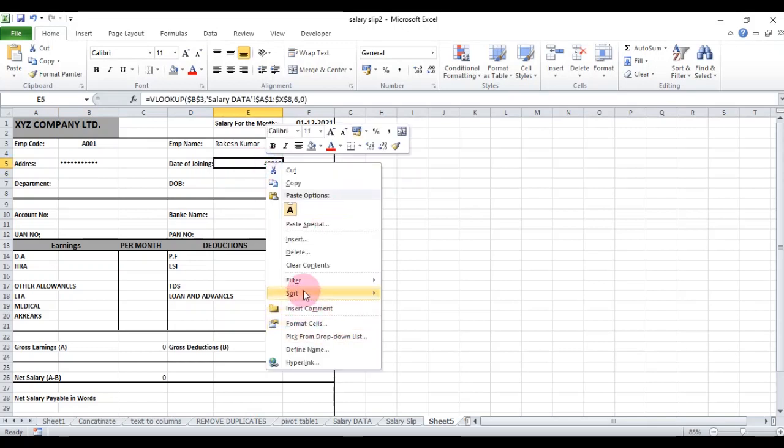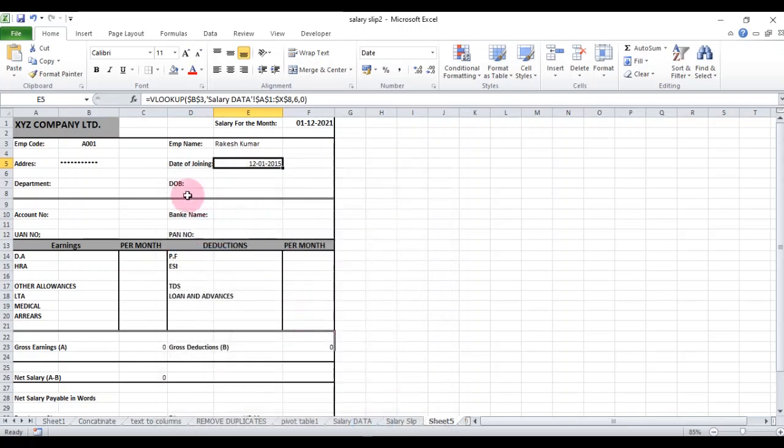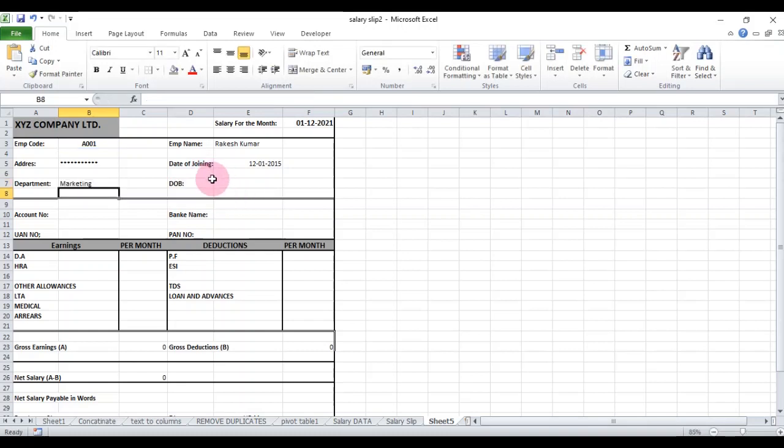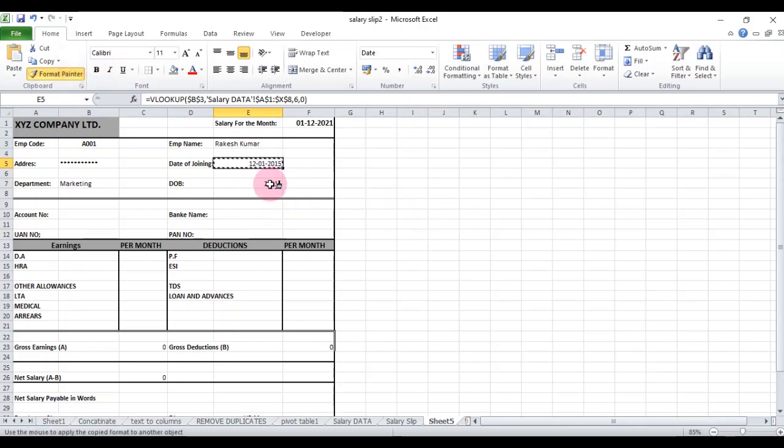You can change the date format here, date, okay. Department, same, double click, paste the formula and change the column reference. Department is in the 3rd column. Date of birth, paste the formula, change the column to 7. You can change the date format with the help of the format painter also.